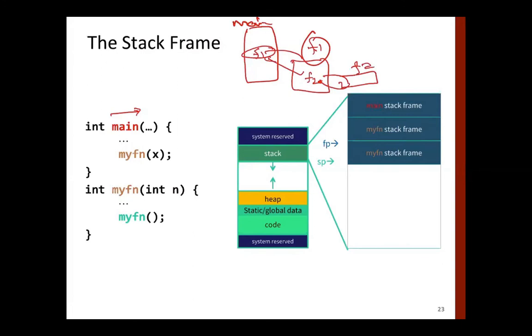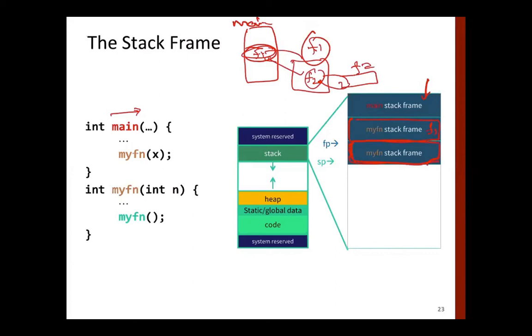Okay. So as soon as f1 is encountered here, even before that, the stack frame will be formed. Whenever there is a function call to f1, a stack frame will be created for this function f1. This will be f1 here. And when within f1 there is a call to f2, then the f2 frame will be made.